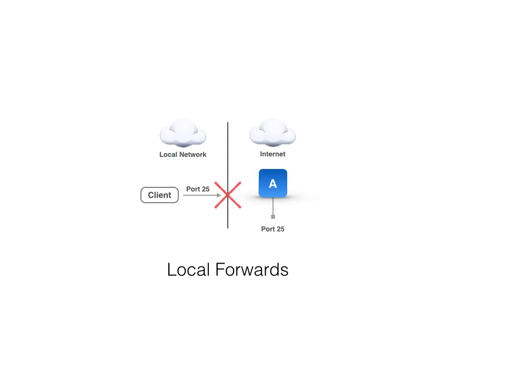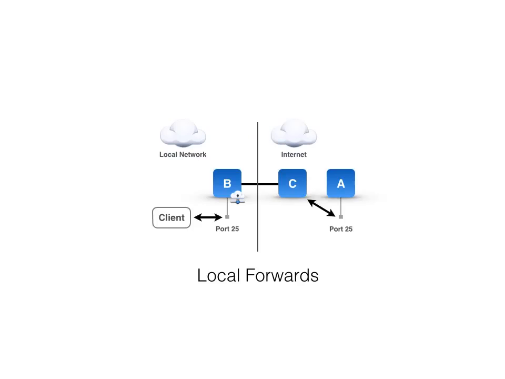it's most common that service providers will block that, because that's where mail runs. You don't want spammers or viruses that send out spam to have direct access to send mail onto the internet. So how do SSH tunnel local forwards solve this? Again, you add a cloud server C on the internet side. The server B makes a secure connection from itself into the cloud server C on the internet. It binds to port 25 on the local network side,